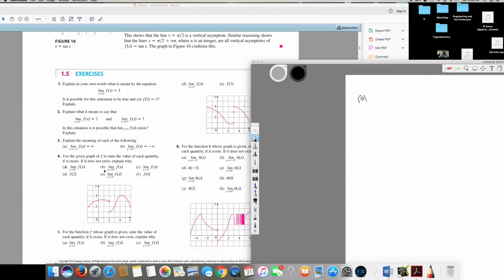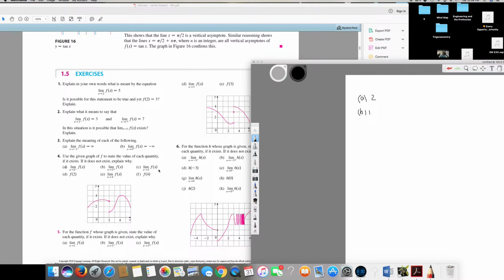And the second question says the limit of f of x approaching 2 plus, which means it's coming from the right-hand side. In this case, the y value is going to be 1. So a is 3, b is 1,